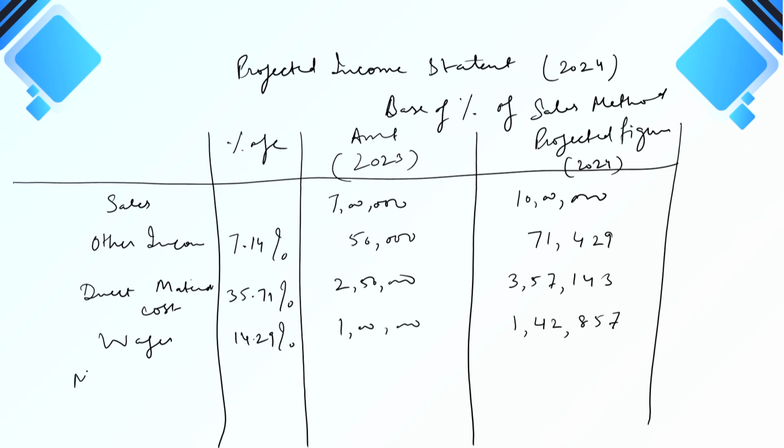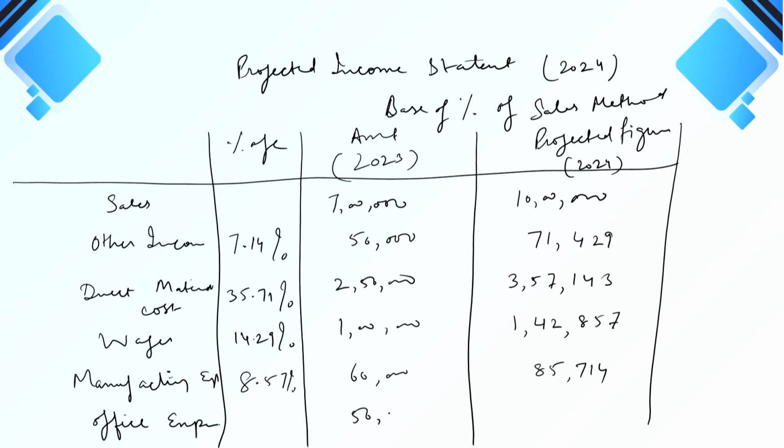Then we have manufacturing expenses, which is given as 60,000 rupees, and the percentage is coming to 8.57%. So here it would be 85,714 rupees for manufacturing expenses. And then we have the office expenses. Office expenses amounted to rupees 50,000. The percentage would be 7.14%. So it would be